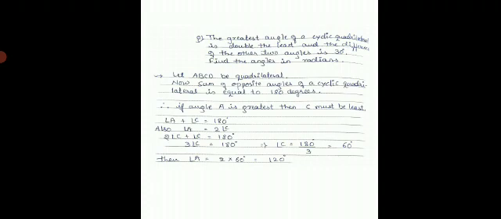Therefore, the sum of the greatest angle and the least angle must be equal to 180 degree. But given that angle A is double the angle C, that means we have considered angle A is greatest, that is equal to 2 times angle